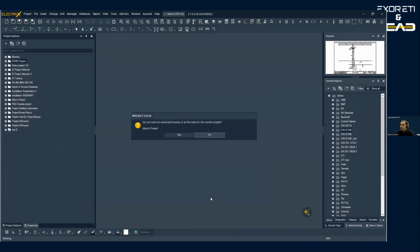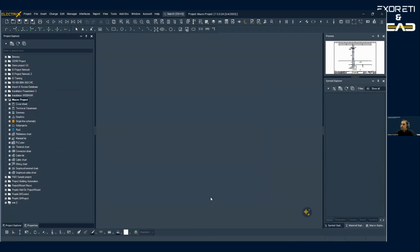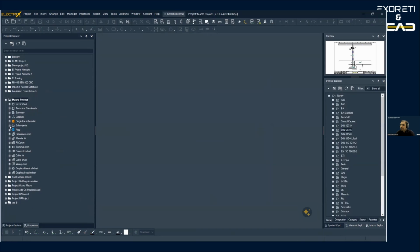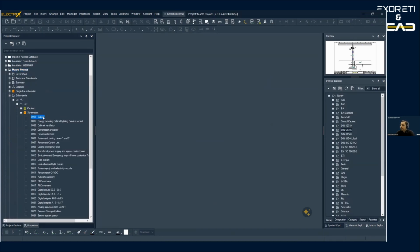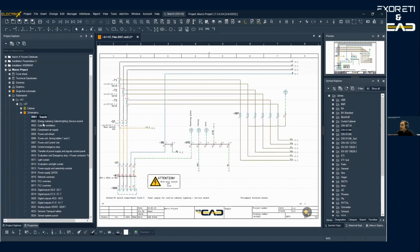So let's click done. For now, not. Okay. Now we can just go to the first page, supply. Everything, as I said, is the same. If you go to the second page,